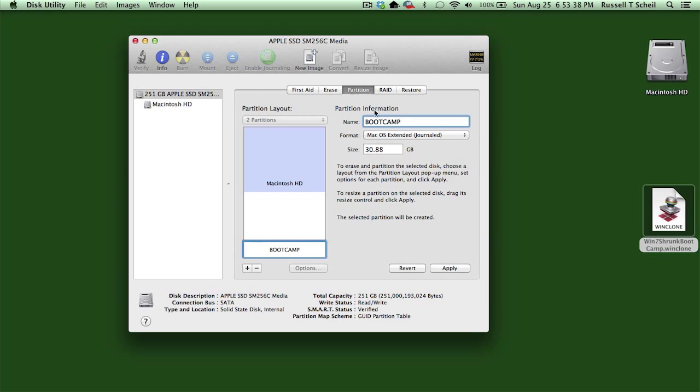We'll name it Boot Camp. The format should be set to MS-DOS FAT for now, but you could use ExFAT if you choose. We can't create an NTFS volume because Disk Utility doesn't support creating NTFS volumes, but it really doesn't matter because when we restore this image with Winclone, it's going to overwrite it with NTFS of the original